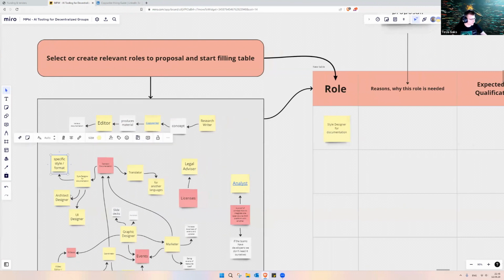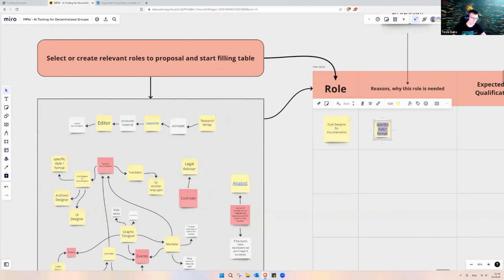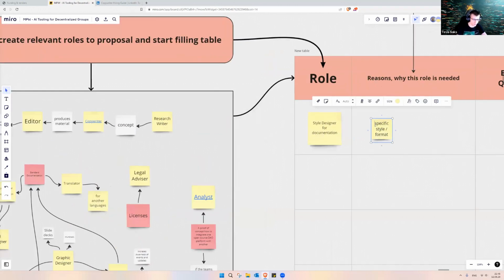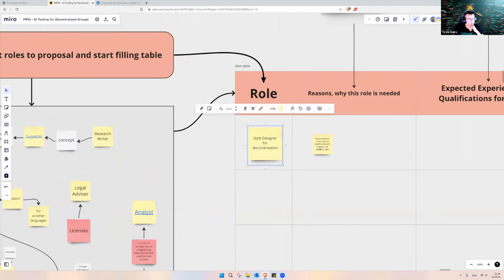And we did mention one thing: the documentation would require a specific style and format to be easier to read. Would there be anything else why this role is needed?